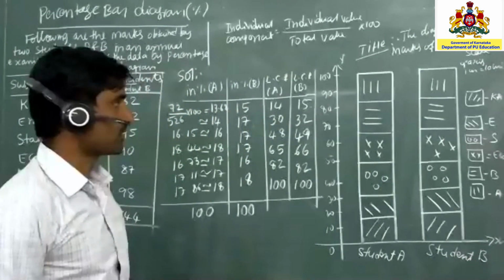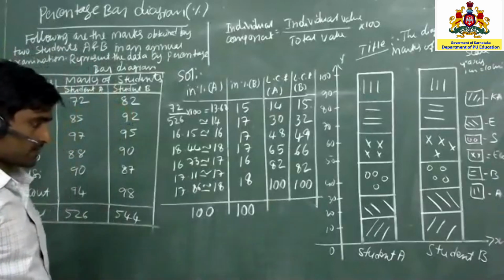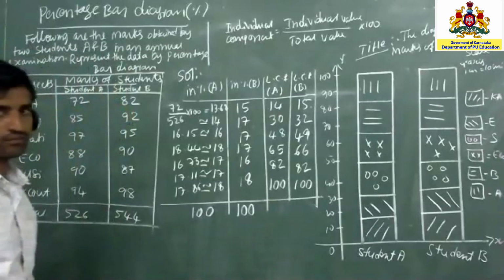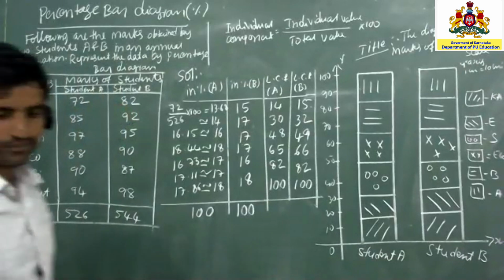I think all of you understood. Right. We go for the next one. So the entire procedure is what? Percentage bar diagram. So next we go for